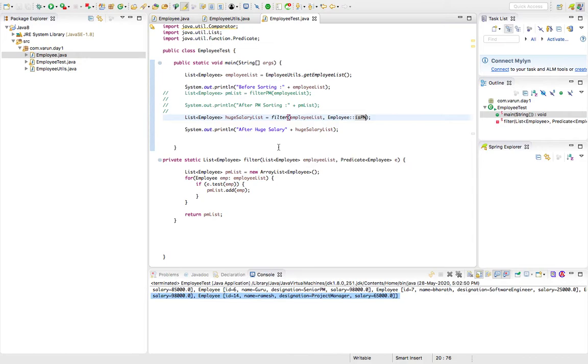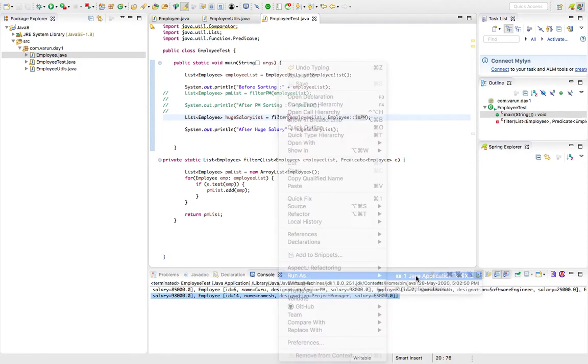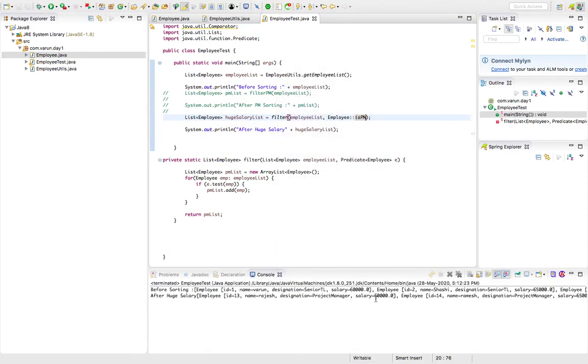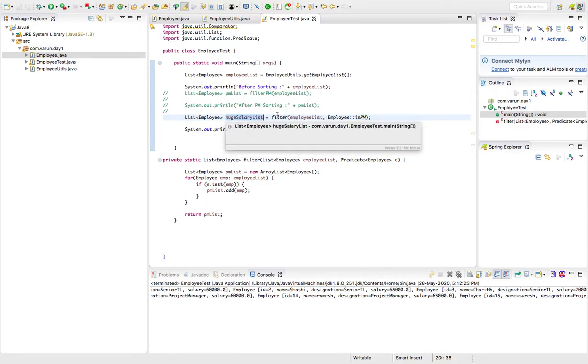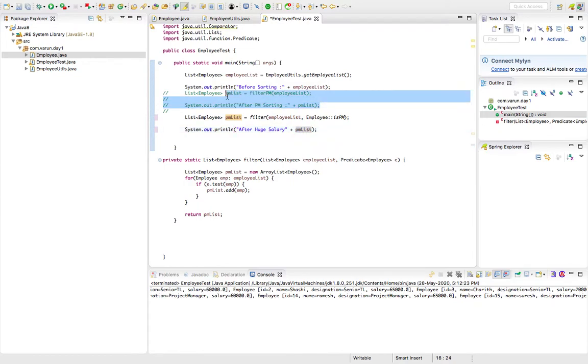So if I run this application again, run as Java application, I will get the PM list, right, which is going to give you the PMs of all the employees.